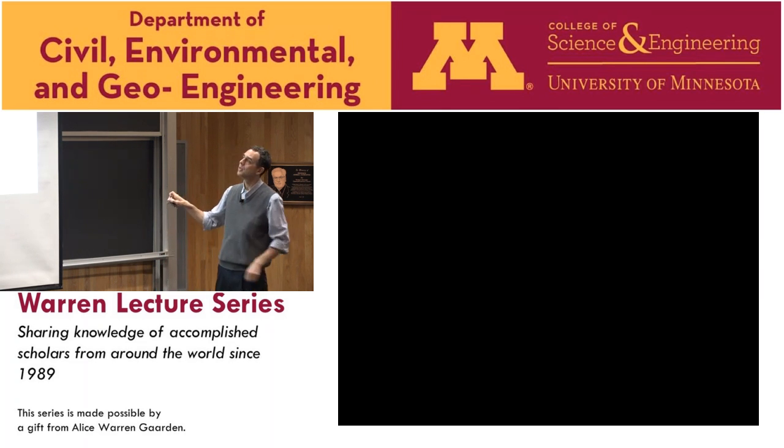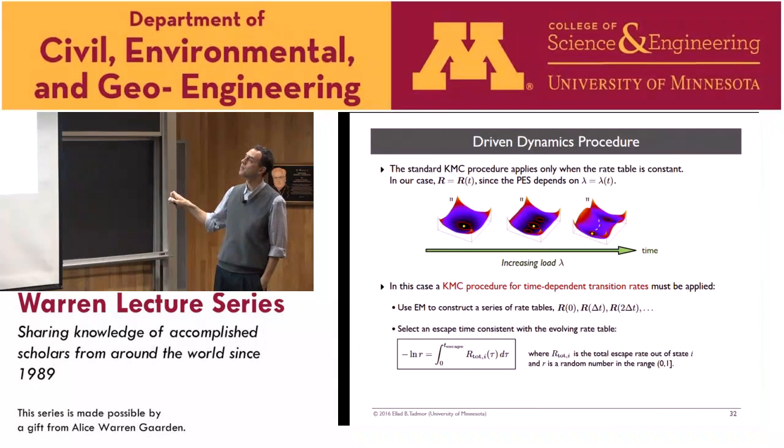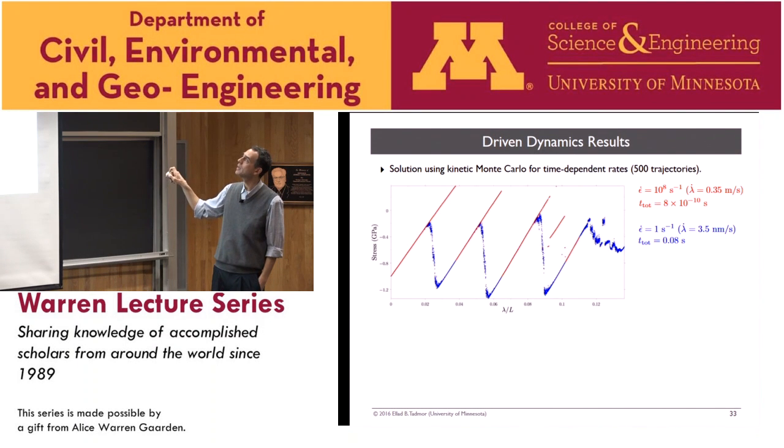And so this is now the stress versus strain. We can model at two different strain rates here. These are the results from these kinetic Monte Carlo simulations. The red line is at a high strain rate, if we push this thing very, very rapidly down. And the blue is what we get if we go at a much lower strain rate. So this is a 10 to the 8 strain rate and 1 strain rate. And you see very different behaviors.